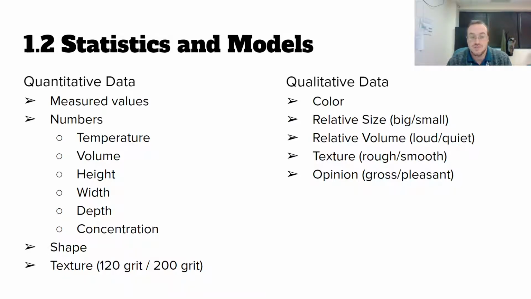So temperature, volume, height, width, depth, concentration, so how concentrated something is, shape, if it is cubic, if it is hexagonal, any of those words we learn in geometry, those count. Texture can be quantitative if we know the grit. So if you've ever looked at sandpaper or shopped at Lowe's or Home Depot with your parents, you might see those in 120, 200 grit, up to 1,000, 1,200 grit for almost a polishing instead of a sanding or removing